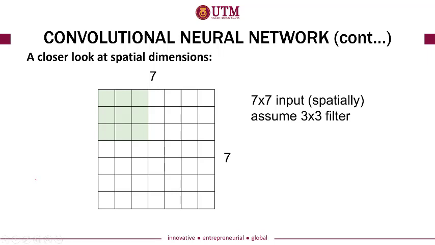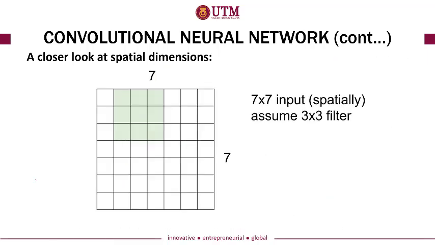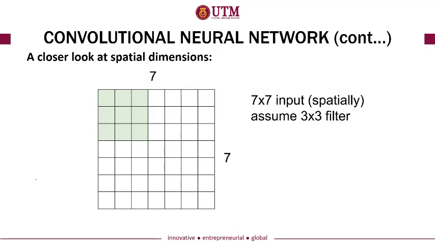What we want to emphasize more is the size in X and Y, because the depth should be the same no matter the input size. If the depth is equal to 3, then the filter must also have depth equal to 3. So that's why we just ignore the depth there. So if you apply a 3 times 3 convolutional filter to this 7 times 7 input image, and you set the stride equal to 1,